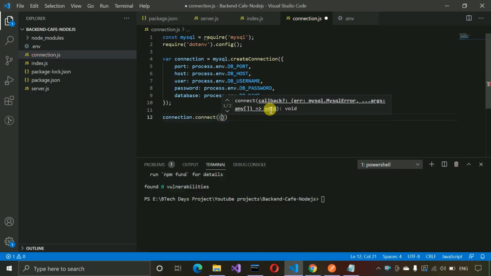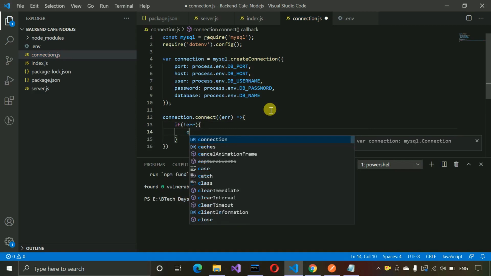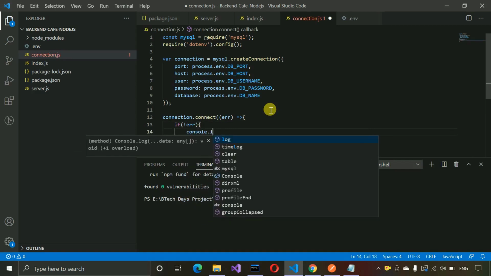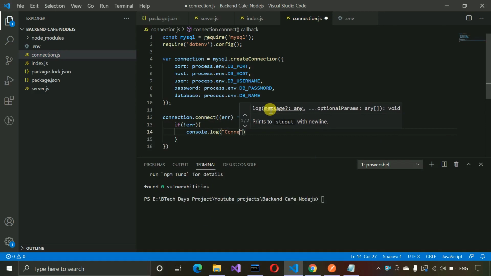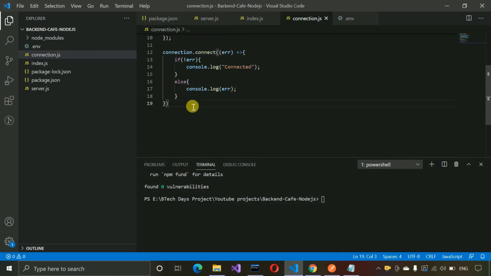If any error occurs, in that case... if an error does not occur, we are going to console.log a message, "connected", else we are going to throw that error. So console.log and error. After writing this, at last we are going to write module.exports equals connection